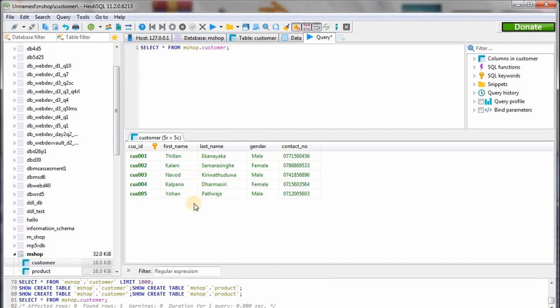You can see all the details of our customers are shown in this area when we execute our query. So if you want only the first name and the last name of our customers, you just have to mention the attributes you want to select. Like here I'm going to use the grave accent. You have to always use grave accent when you are mentioning an attribute. Grave accent first name,